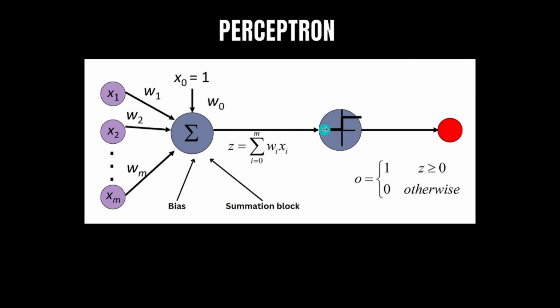So this module is also called the summation block. As you can guess from the name, it just adds the things. Then this module provides the input to this module. So what is this module? This module is called the activation function. This is a mathematical function